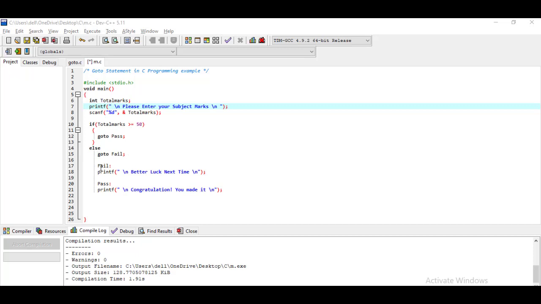So here we have created two labels, with the names fail and pass. Fail will print the message better luck next time, and pass will display the message congratulations you made it.